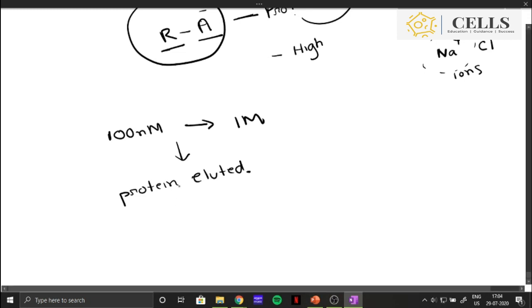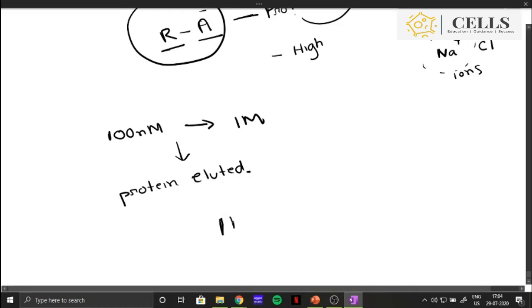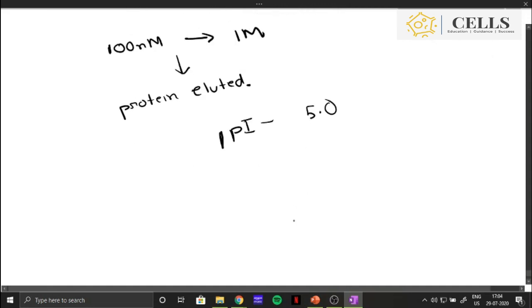Rishabh, let me recap. I have one question. A protein can have both positive and negative charge groups in itself. Suppose the pI of a protein is 5, and we want to isolate this protein. So what will we use, a pH more than 5 or a pH less than 5, to isolate it?